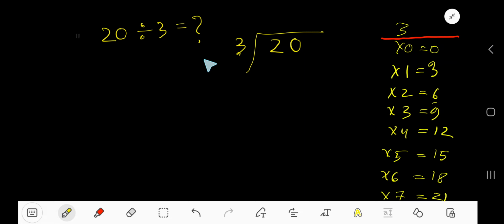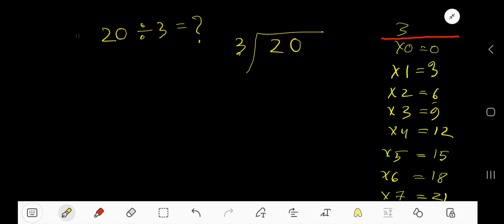20 divided by 3. Here 3 is a divisor, so we need the multiplication table of 3. 3 times 0 is 0, 3 times 1 is 3, 3 times 2 is 6, 3 times 3 is 9, 3 times 4 is 12, 3 times 5 is 15. To find the multiplication table of 3, just add 3 to the previous step: 0 plus 3 is 3, 3 plus 3 is 6, 6 plus 3 is 9, 9 plus 3 is 12, 12 plus 3 is 15,